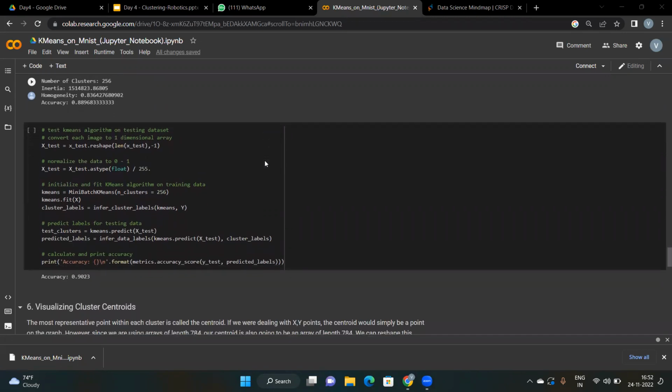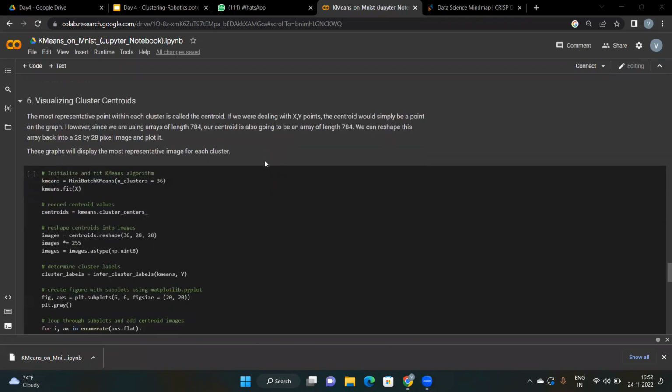After the accuracy, I'm going to test the k-means algorithm on the training dataset. I'm going to convert each image to a one-dimensional array and normalize the data. I'm going to initially fit the k-means algorithm on the training data, keeping the number of clusters at 256, and after applying k-means, I'm going to fit a model on X, and after that we're going to visualize